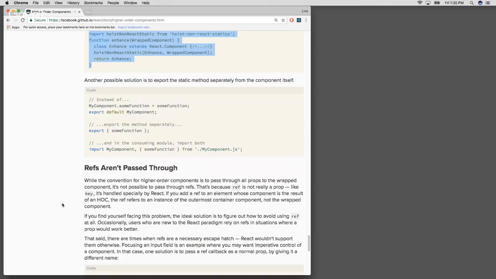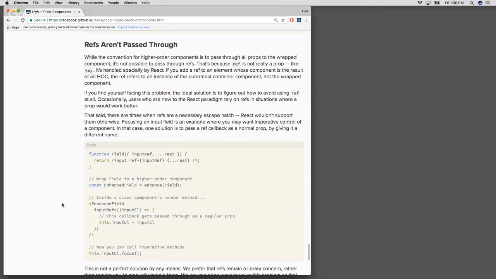So refs aren't passed through. While the convention for higher-order components is to pass through all props to the wrapped component, it's not possible to pass through refs. That's because ref is not really a prop like key. It's handled specially by React. If you add a ref to an element whose component is the result,